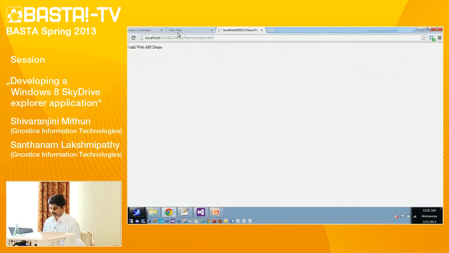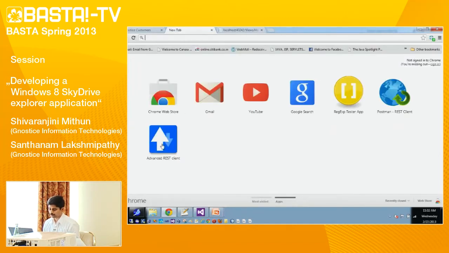There are several ways wherein we can test real world REST APIs without actually creating a client application. There are browser plugins available such as Advanced REST Client for the Chrome browser, Fiddler for the IE browser, and so on. We can also use stress testing tools such as Apache JMeter and so on. So for our demonstration we will be using the Advanced REST Client plugin for Chrome.